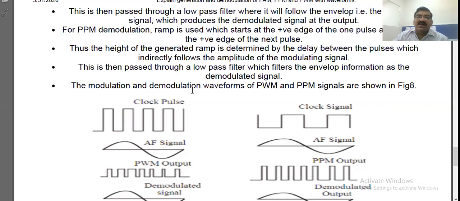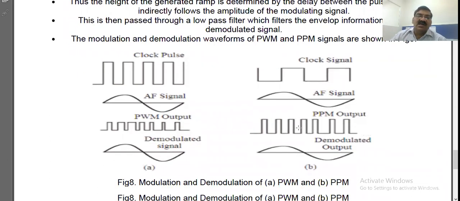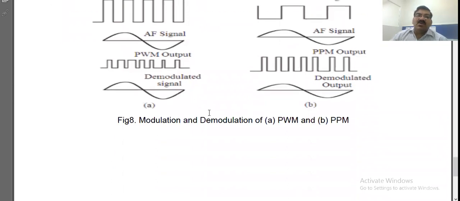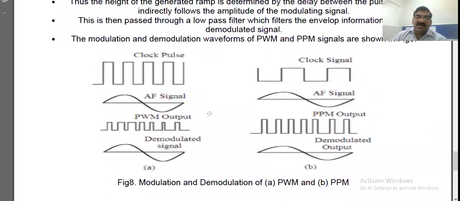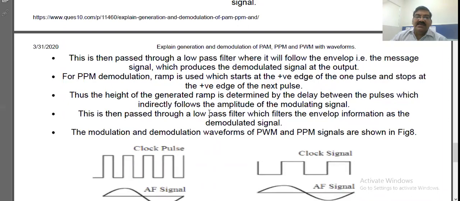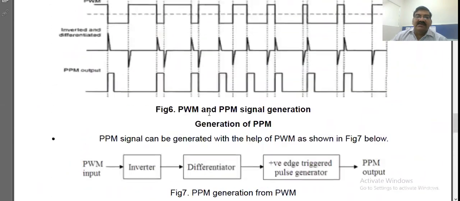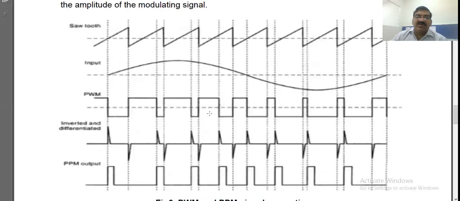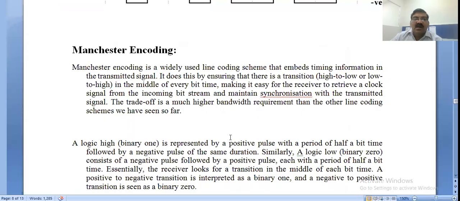The modulation and demodulation waveforms of the PWM and PPM signals are here. So this is the pulse width modulation and pulse position modulation. Is there any query in this? Mainly the understanding of this waveform is needed. It is very crucial, and if you understand this waveform, then you can draw it and understand it. Okay, so now we will go for